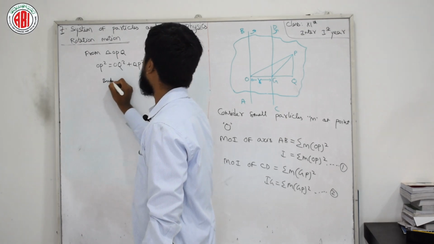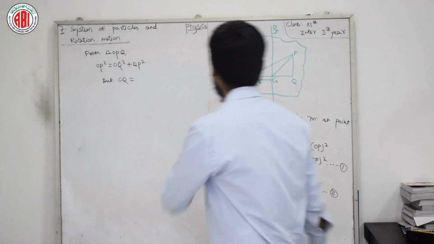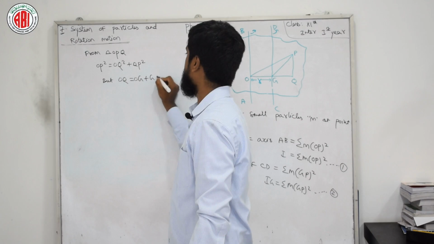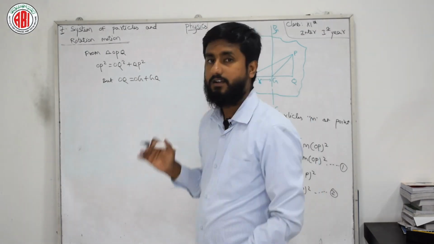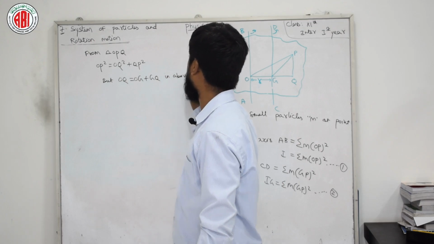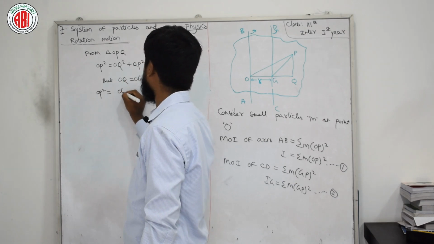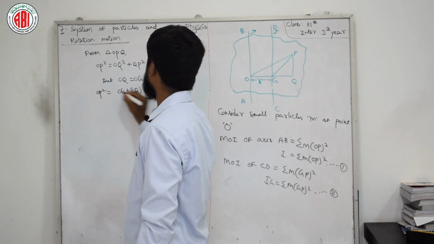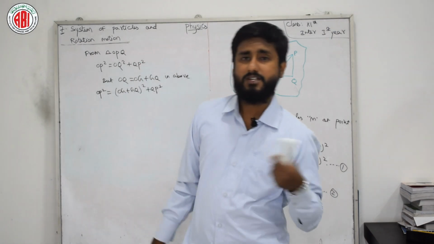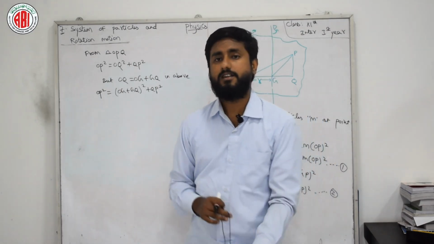But here OQ, you can see clearly, is OG plus GQ. Hope you are understanding. Now I am placing this in the above equation. So here OP square is as it is, and in place of OQ square I am writing OG square plus GQ square. Here I am writing completely in capital. You can write as you wish, but better to go ahead with capital only, because as per our procedure and study material, it is given in capital only.